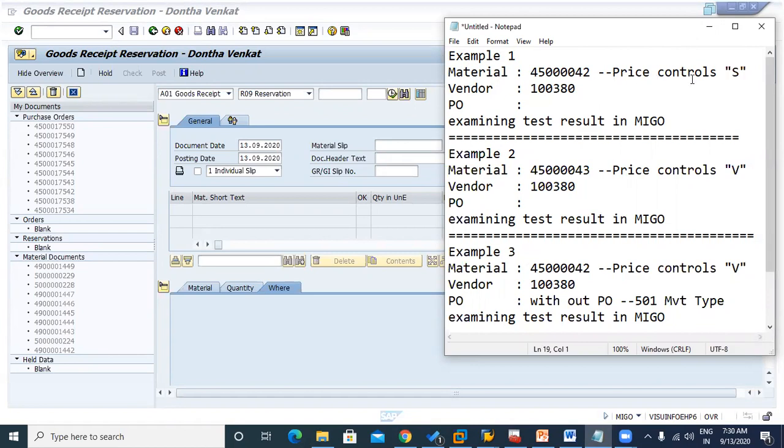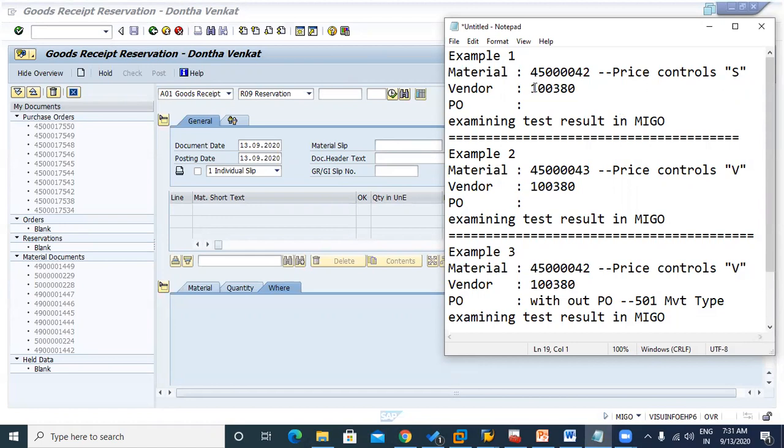Inside that, price control is kept as S. You know it very well because you have reached this level of the video, you know what is standard price and what is moving average price. So S is assigned for price control of standard price.